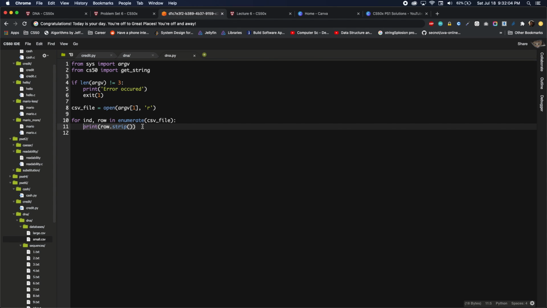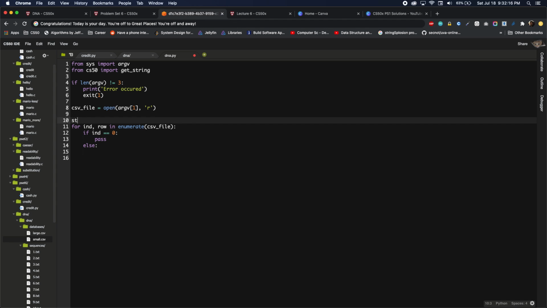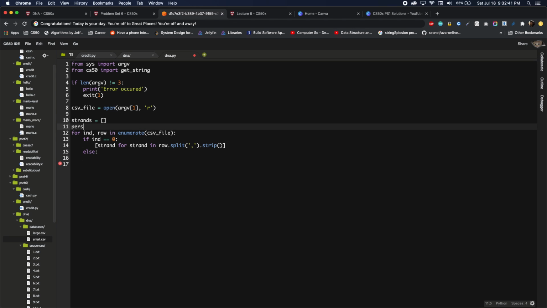So what I'm going to do here is, if index equals 0, that means the first row. Notice I'm using enumerate here, which is a Pythonic thing to do. And if it's the first thing, I create a strands array. And what I need to do is I need to get all the strands. So I say strand for strand in row.split by comma, right? And dot strip to remove the new lines. Else I need to have persons dictionary in which I say,